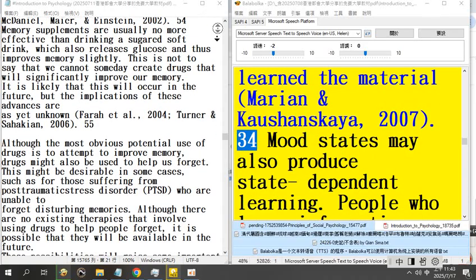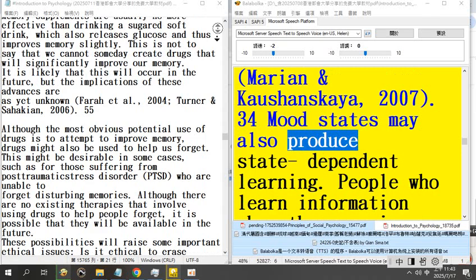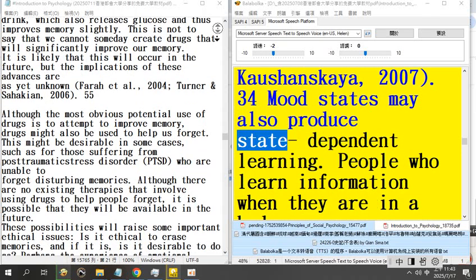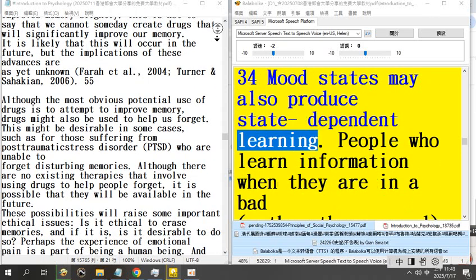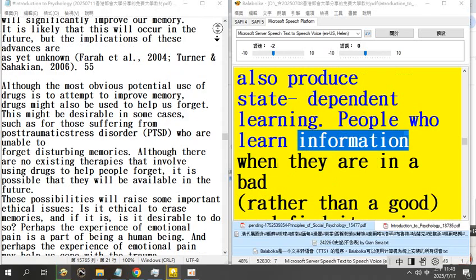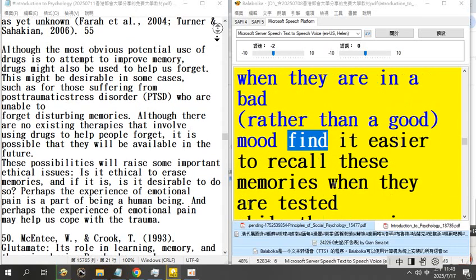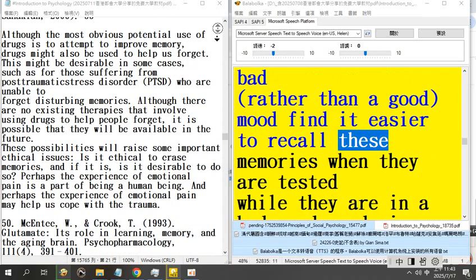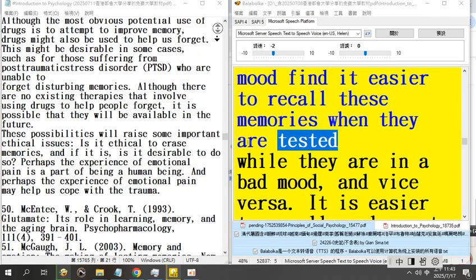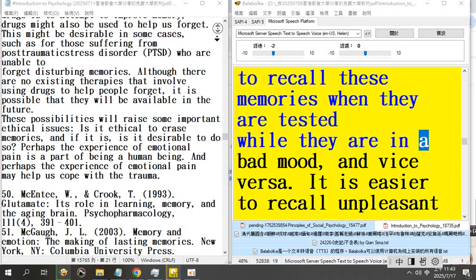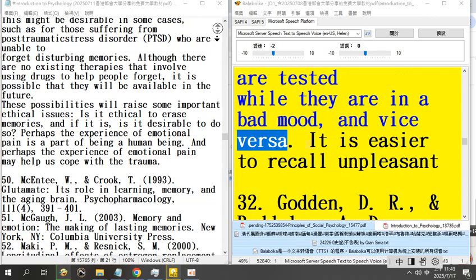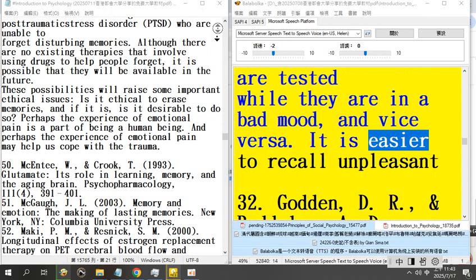Mood states may also produce state-dependent learning. People who learn information when they are in a bad rather than a good mood find it easier to recall these memories when they are tested while they are in a bad mood, and vice versa. It is easier to recall unpleasant